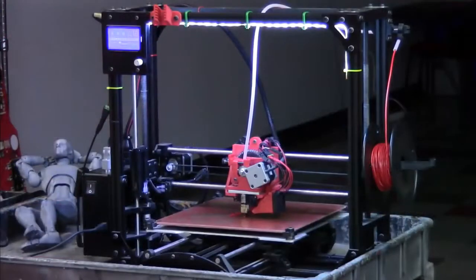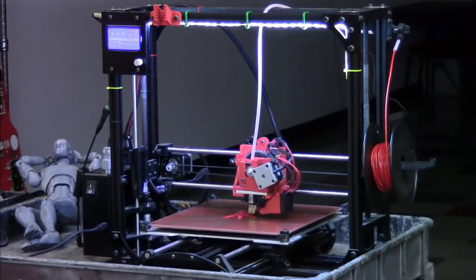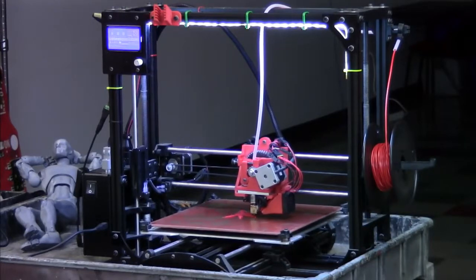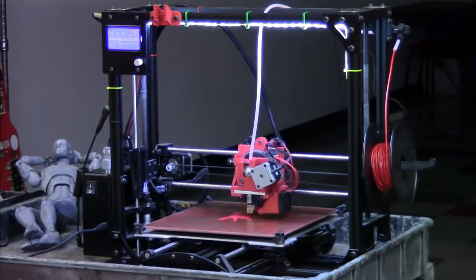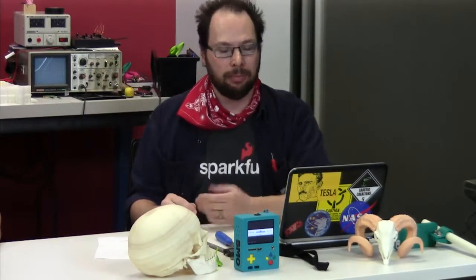So that brings me to the next section, troubleshooting. There can be a lot of problems that do occur. These are highly refined pieces of equipment, but they do still take a little bit of love and attention to operate. So some of the common problems that I encounter, sometimes the parts will curl a little bit in the corners,